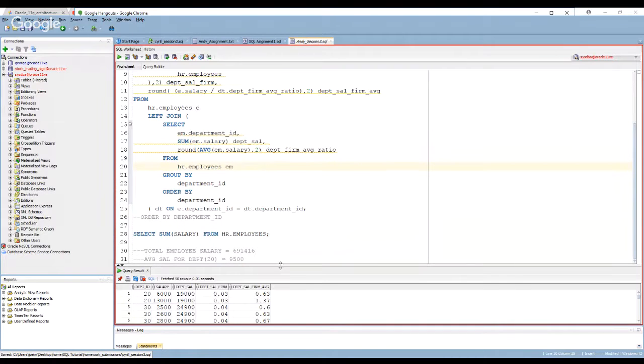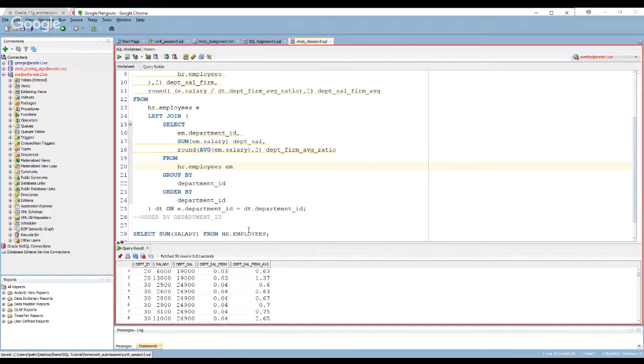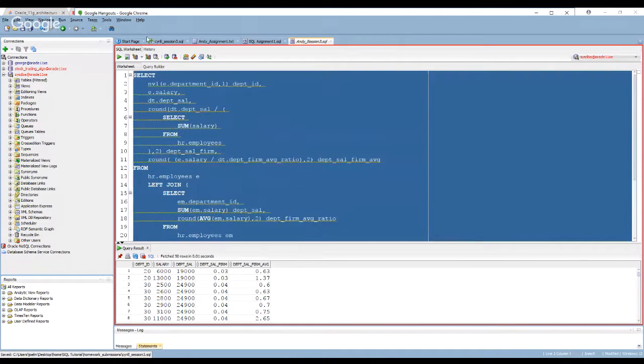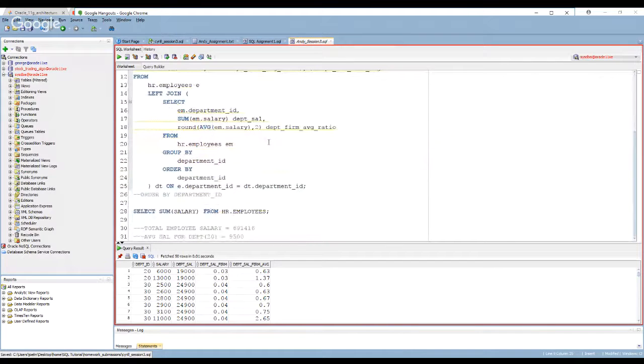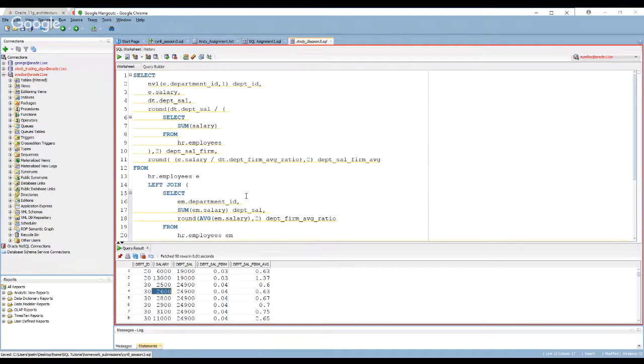Let's see. So I suppose this top part would answer the main question for really the question two, the last question, right? So again, the problem I have with this approach is if I'm looking for every employee, I want to see the employee ID in your results set, and I don't see it.